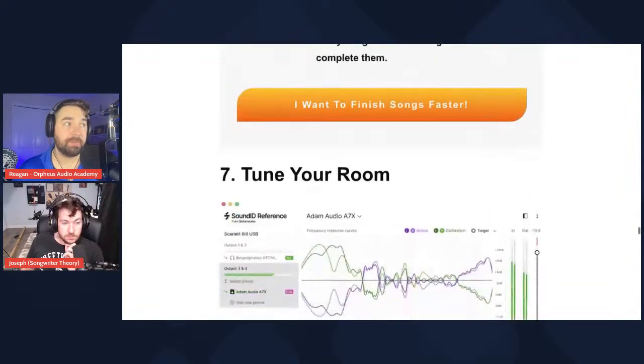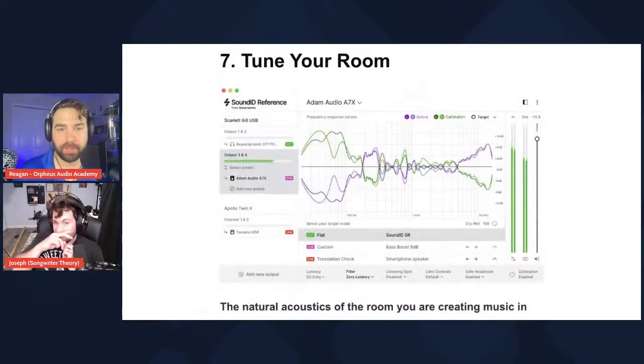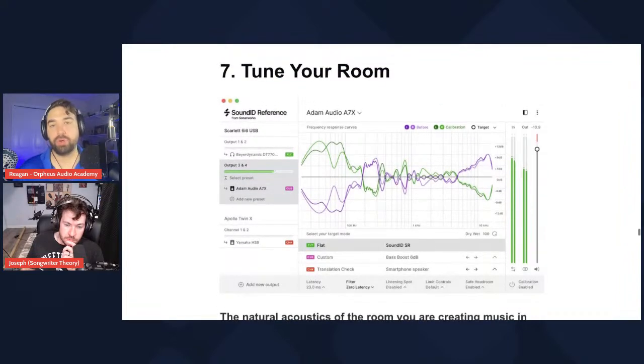And then finally, this is a big one I don't see a lot of people talking about, but it's really important to tune your room, because your room can actually trick your ears when you are mixing. You can think you're hearing one thing, but you're not. For example, with bass,